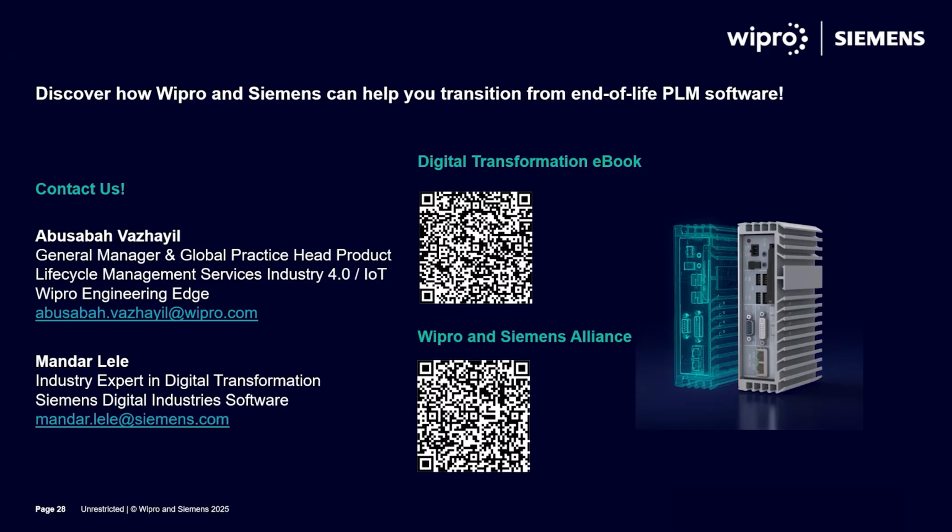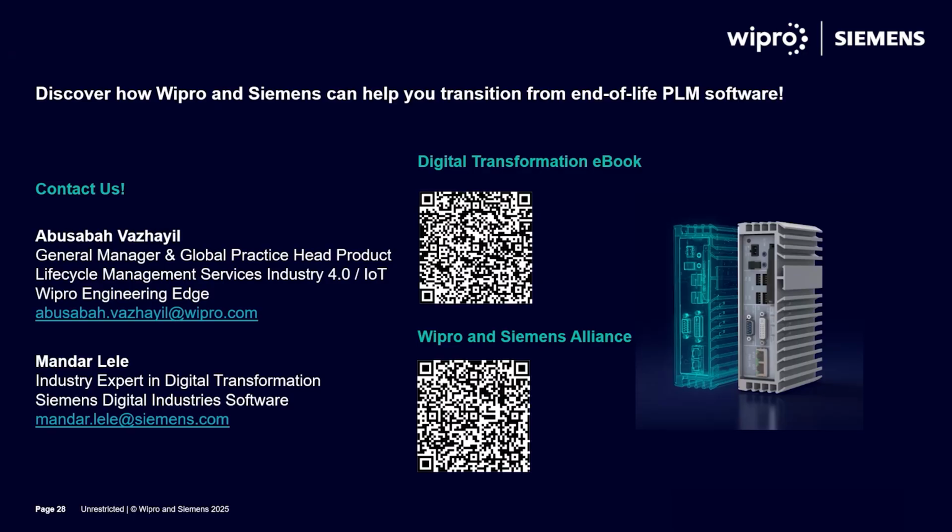Looking at our first question, it says: my company is replacing our legacy PLM system with a new PLM system as we speak. We would like to transform to improve business processes, but we seem to be stuck just replacing the legacy functionality in the new system. Can you offer some advice that I can bring to my management on how to better use this compelling event as an opportunity to improve business processes? Mandar, do you want to take this one?